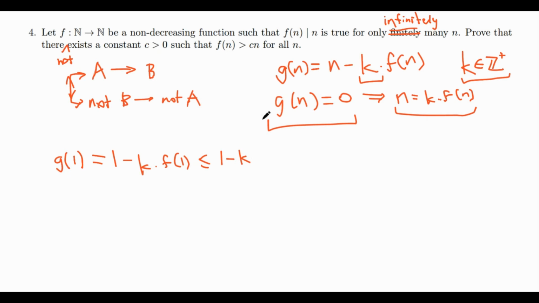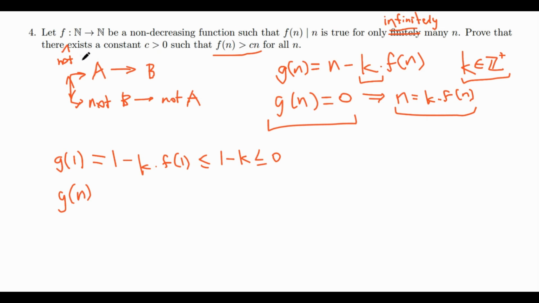And since k is a positive integer, this is less than or equal to 0. Okay, so that's nice. We have that g of 1 is less than or equal to 0. So now all we need to do is find a g of n such that it is greater than or equal to 0. So now note that we still haven't used this condition yet,